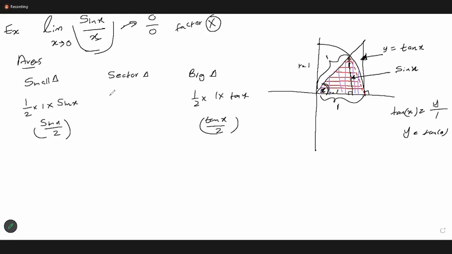So you have the equation, no? When you need to calculate the area of the sector, you should know this very basic